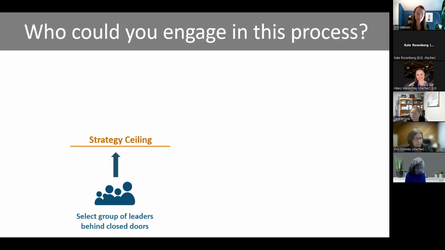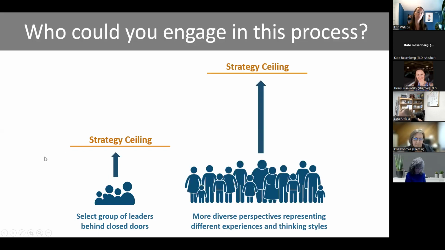In contrast, the research shows that if you engage a more diverse range of perspectives in strategy design, especially families from priority populations, it often leads to more effective strategies because it's more responsive to people's needs, both family members' needs, as well as people in the system who are going to be carrying out your strategy. It responds to regional context that people have a broader understanding of. They're often more creative, and it often creates better community partnerships through the design process. So there's lots of benefits to increasing this.